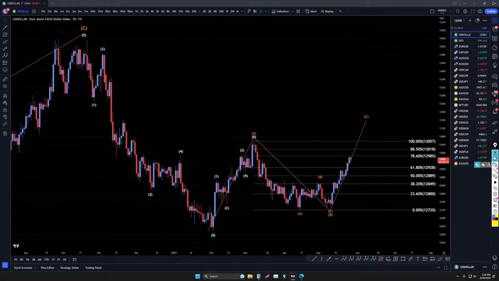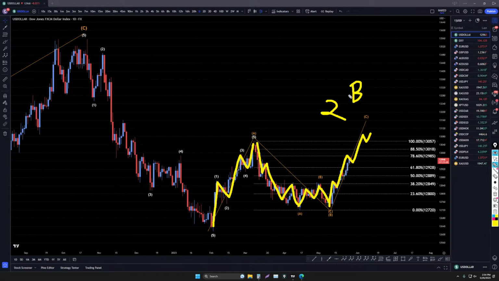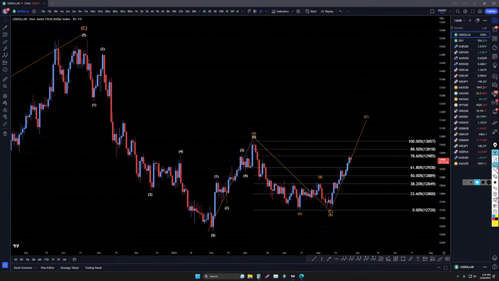So let's go down to the daily time frame. To me on the daily, this looks like a 1, 2, 3, 4, 5, most likely an A. This looks like a downtrend, like a 1, 2, 3, 4, 5 of A. This is three ways up for the B, and this is a C of B. So an A, B, C of B, and then it looks like we're now going up for a wave C, which I expect to end up looking something like this, probably either a wave 2 or a wave B. It definitely doesn't matter to me whether it's a 2 or a B. Either scenario, I'm looking for longs on shorter time frames.